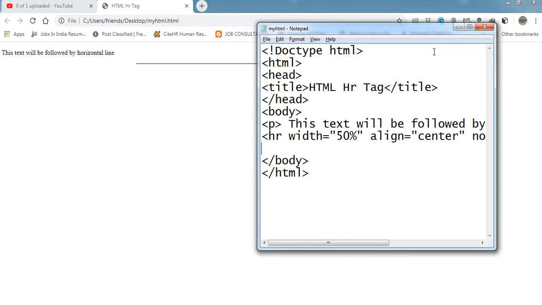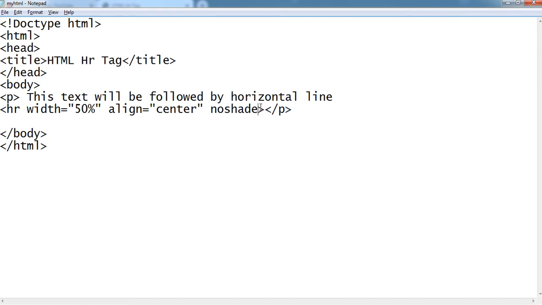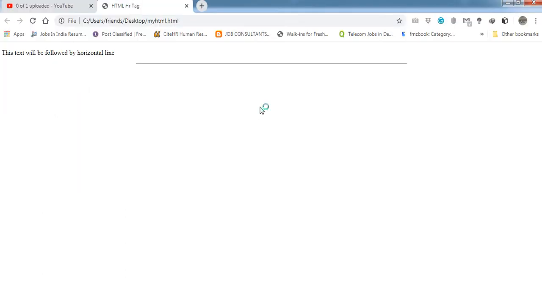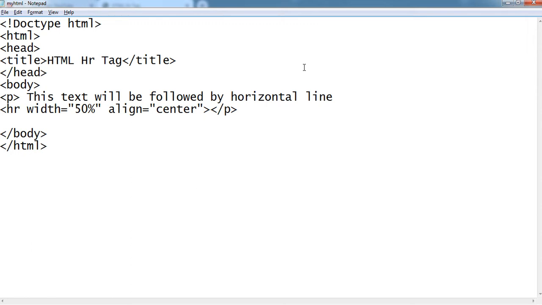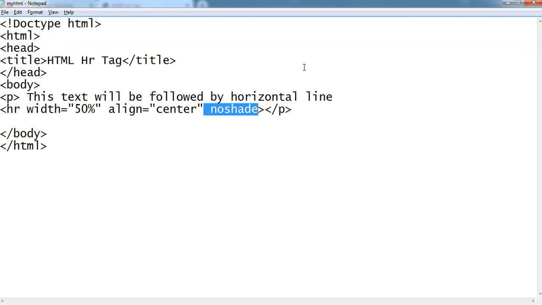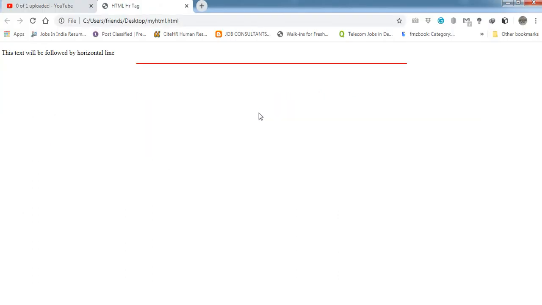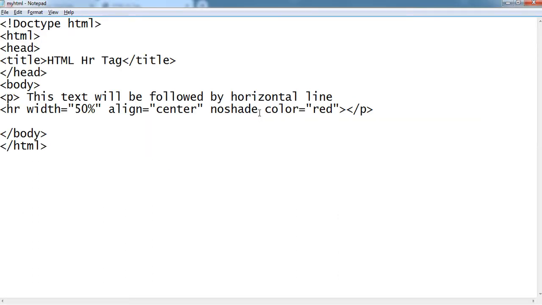Before that, if I remove this code, then you can notice the effect, there is shade. After applying this attribute, which is itself a value, the shade has gone. And now color is also one of the attributes, that is red. So now you can see the red color, okay.